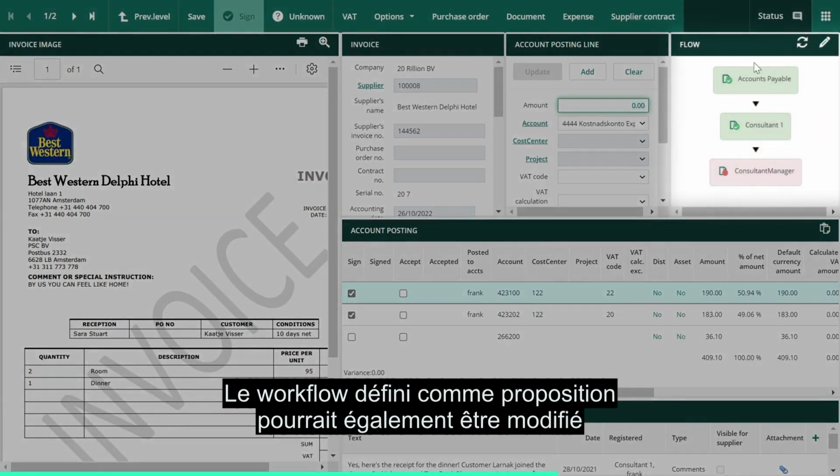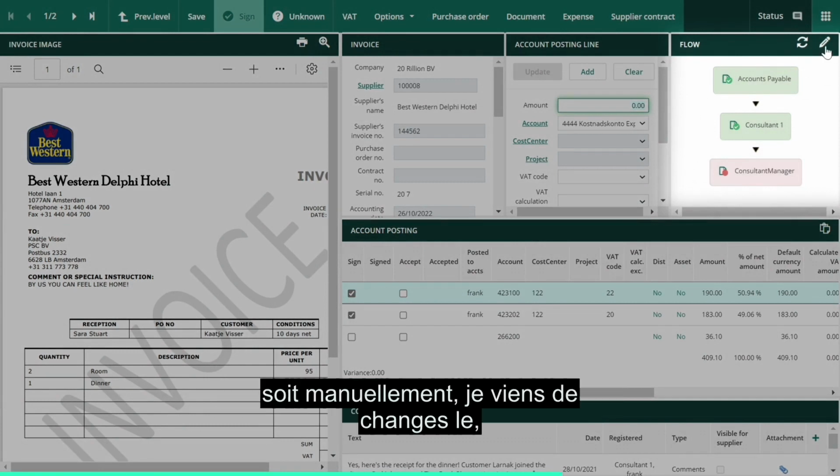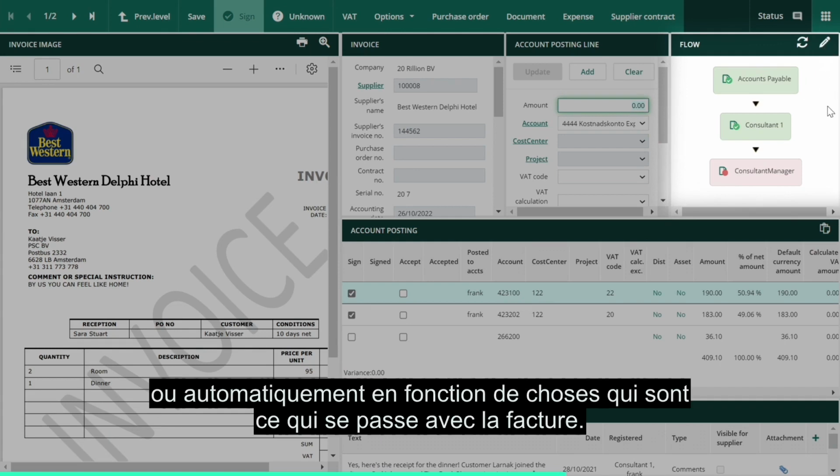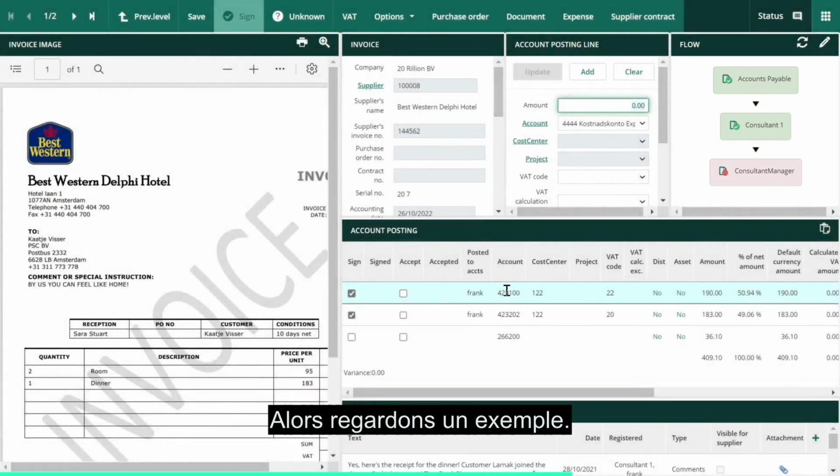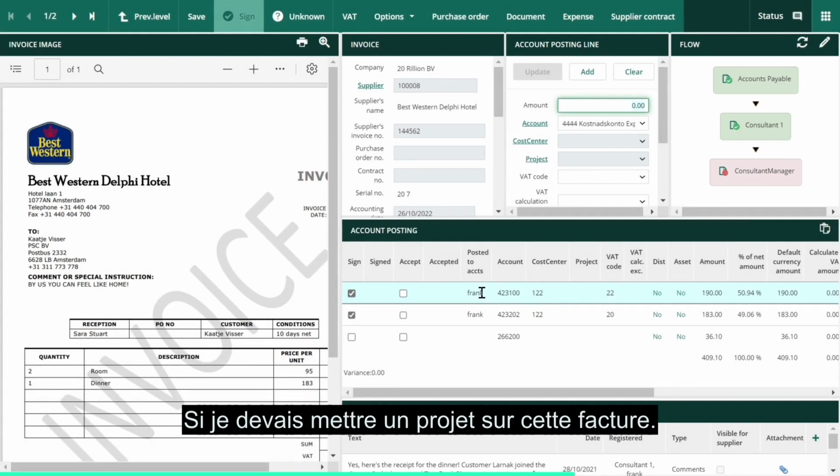The workflow that was set as a proposal could also be changed, either manually, that I just change it, or automatically based on things that are happening with the invoice. So let's look at an example. If I were to put a project on this invoice,